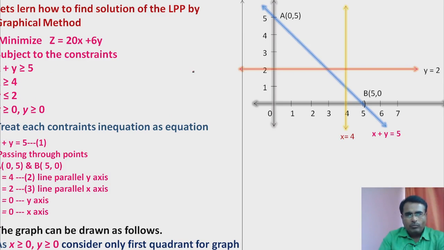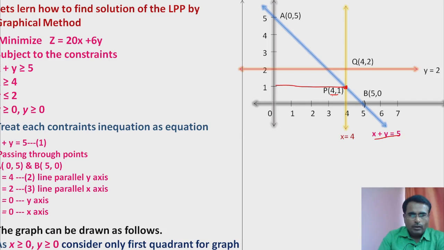So let us see which type of region we get here. Now we will observe the points of intersection. This is the vertical line x equal to 4, so the x coordinate is fixed at 4, and the y coordinate is 1. We can obtain this by substituting x equal to 4 in this equation; then y is equal to 1. So corner points we have to consider here. This is also another corner point: x equal to 4 is fixed and y equal to 2, so this point of intersection is (4, 2).